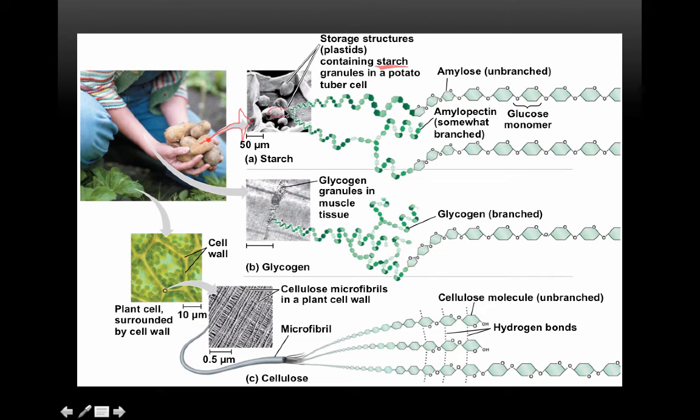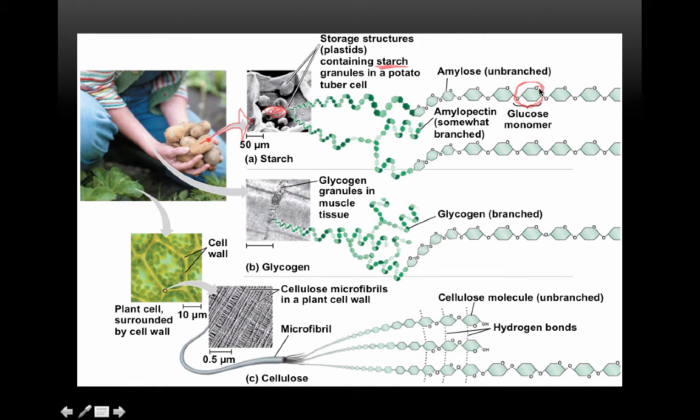So if we look at a starch granule inside a potato cell and zoom in on it, we can see this branching molecule, all of this shown in green. This is starch. And as you zoom in on it closer and closer, you can see that it's built from many hundreds or thousands of glucose monomers that have been linked by dehydration synthesis to form this large macromolecule,